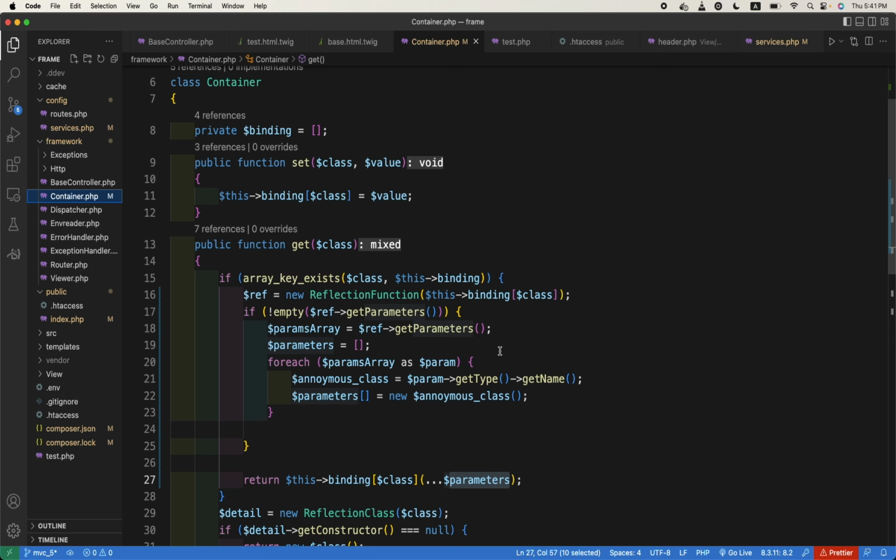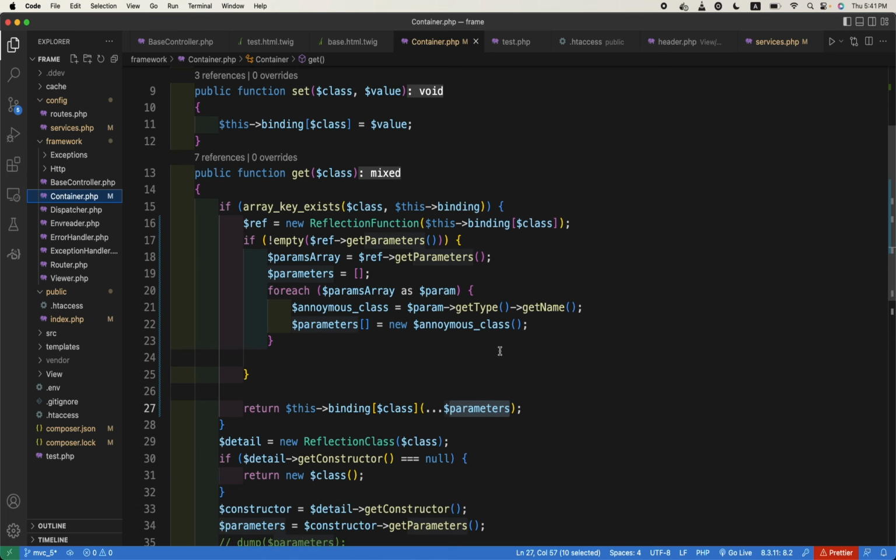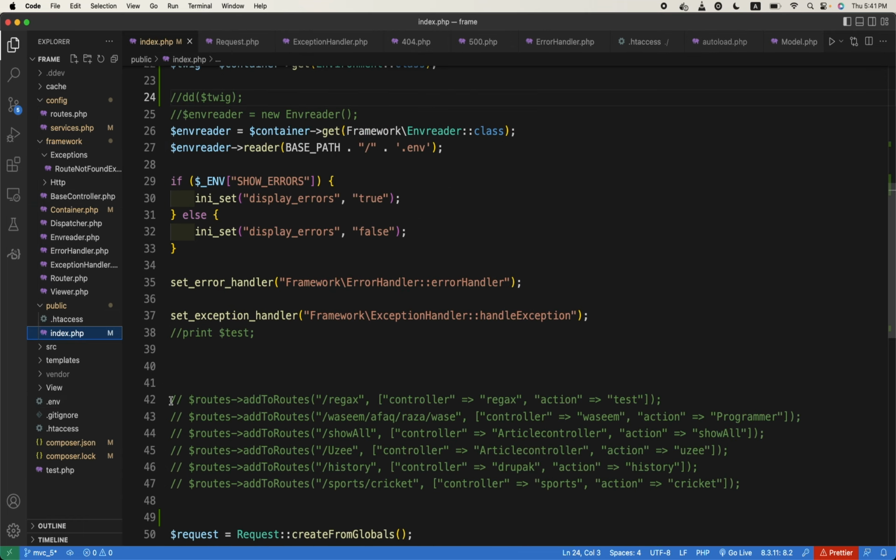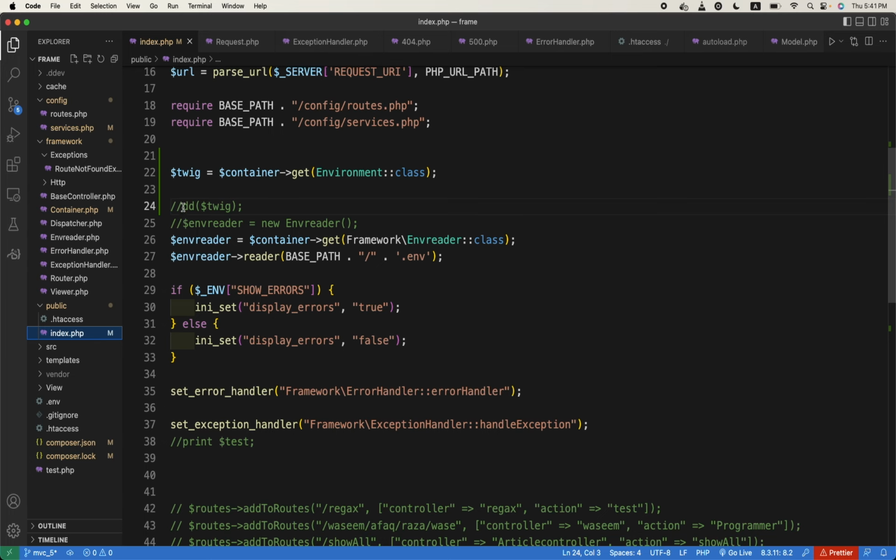So hopefully the twig object will be created, and if you remember I just stopped the, where was it, dd twig. If I now, because we are fetching it from the get environment class, this is the twig, and if I dd this twig, so if I refresh the page,